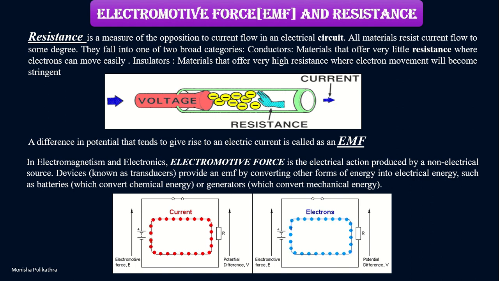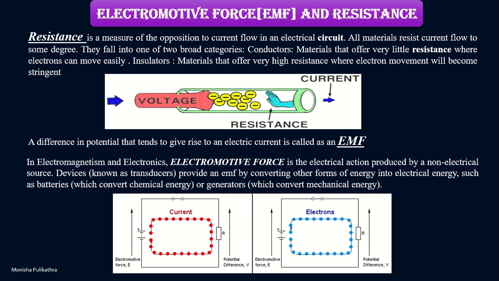So the resistance applied beyond that of the voltage pressing them to move, or a break in the circuit, disrupts or obstructs the flow of those electrons. It takes 1 volt of this electromotive force to push 1 ampere of current through 1 ohm of resistance. I will repeat it, students. It takes 1 volt of this electromotive force to push 1 ampere of current through 1 ohm of resistance.